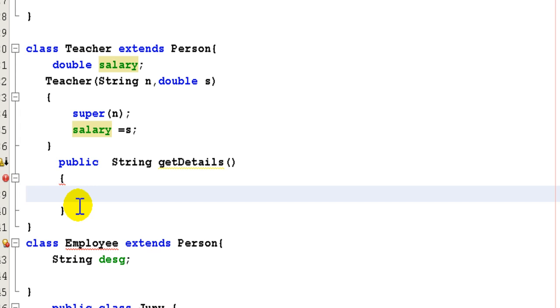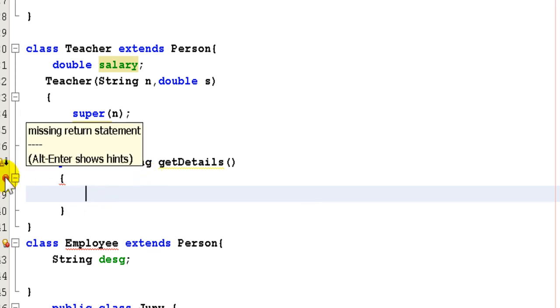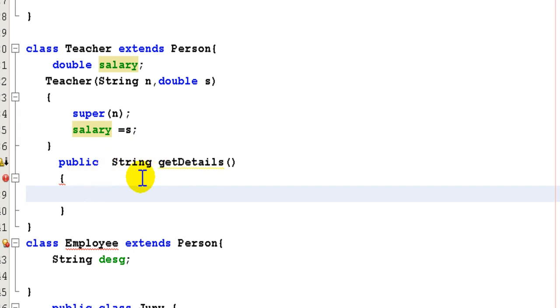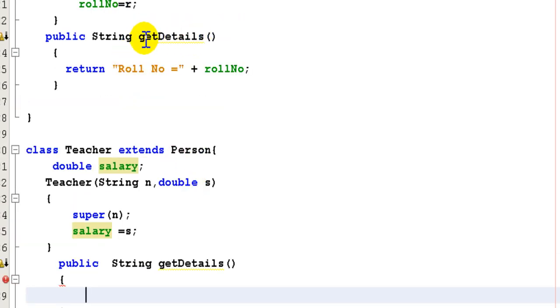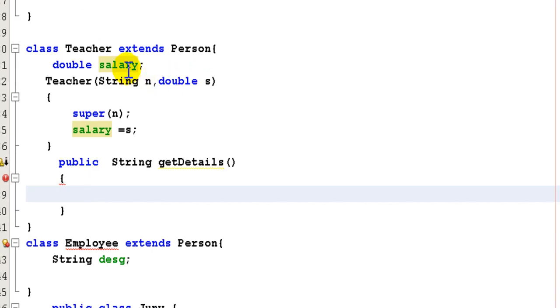okay. There's one error in it. What's the error? Missing return. Yes, I have to use some return type. So what I will do in this get details of the teacher class, what I did in the get details of the student class, I will return the roll number. Here I will return the salary, isn't it? Okay,